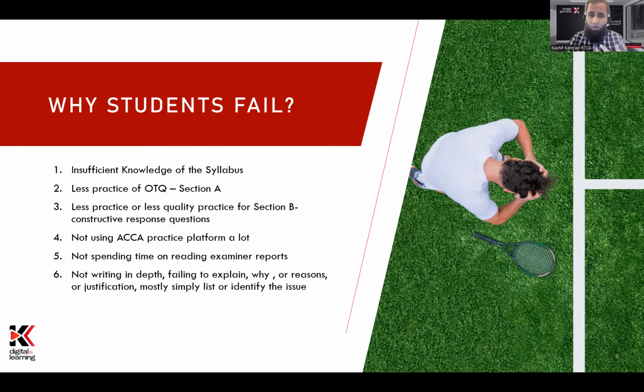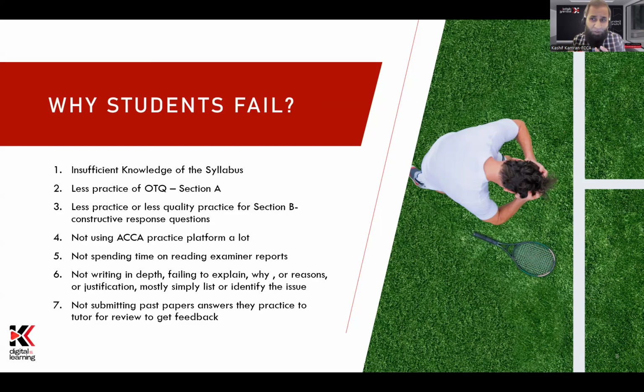They're not explaining it, and they're not submitting the answers they write to me for checking. I do give my students an unlimited checking window. So whatever answer you write, you just email it to me for my feedback. This is an opportunity which results in greater pass rates.